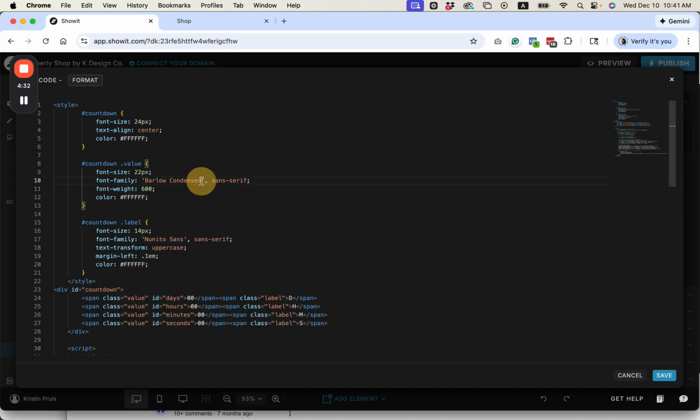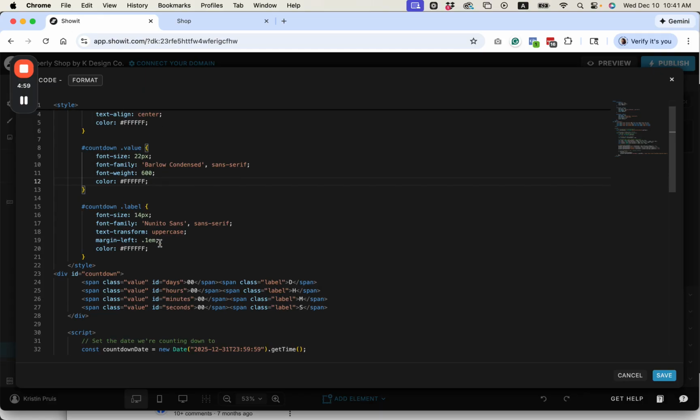So any font that is more than one word, so if it's 2 words, 3 words, it always needs to be inside of these single quotation marks. You can see how it is. So your font name would essentially go right in between these two quotation marks. Same thing for here. And then you can adjust the pixel size of the font here. So it's actually already styled to how I want, but you can adjust and tweak this however you want to